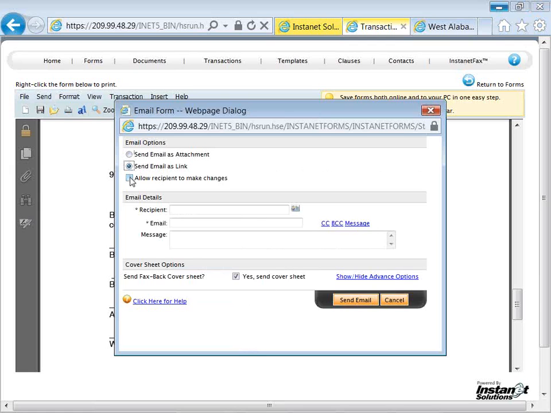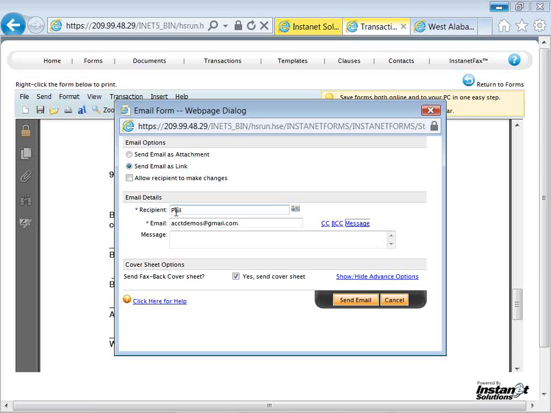So you're actually sending access to your online form. As a link, do you want your recipient to be able to make changes? You decide. Features are available to you. You decide how you want to deliver this form. If you'd like it to be fillable, send it as a link and allow them to make changes. If it's the craziest thing you've ever heard, don't send it that way. And just add Phil, his email address,